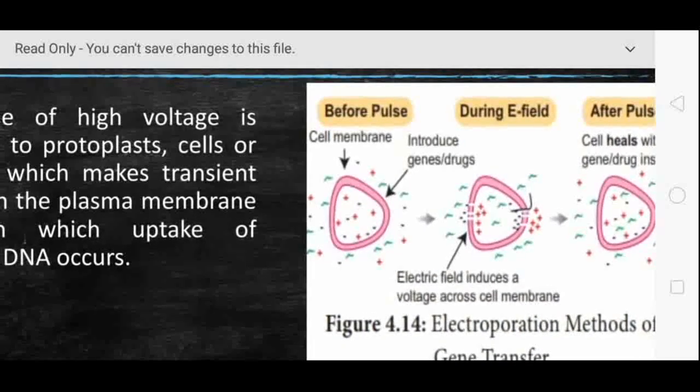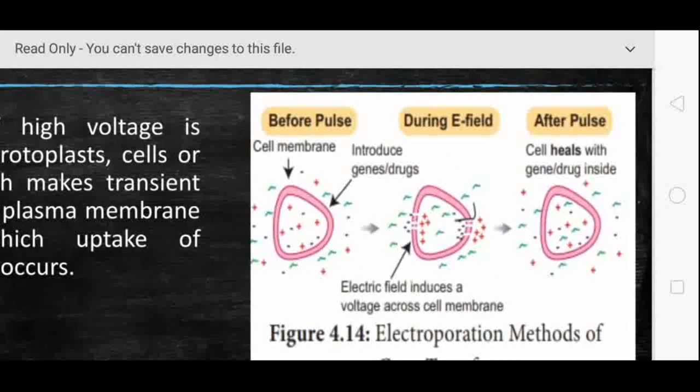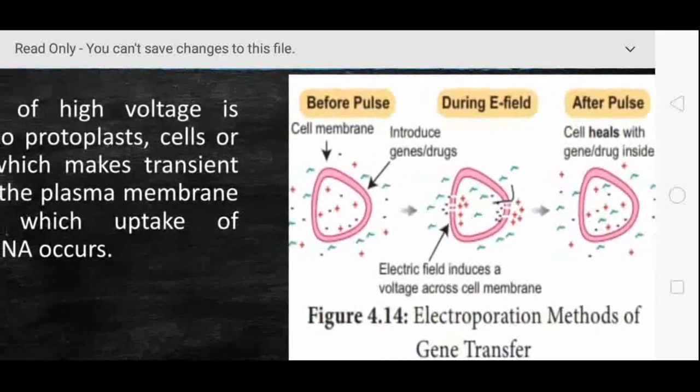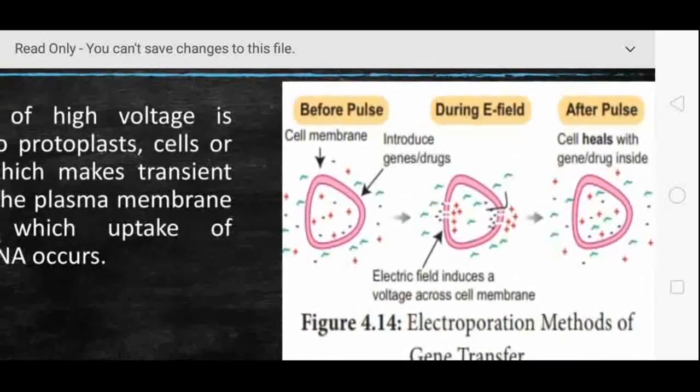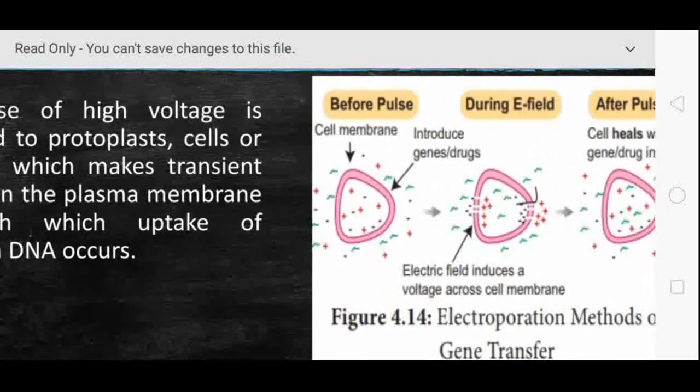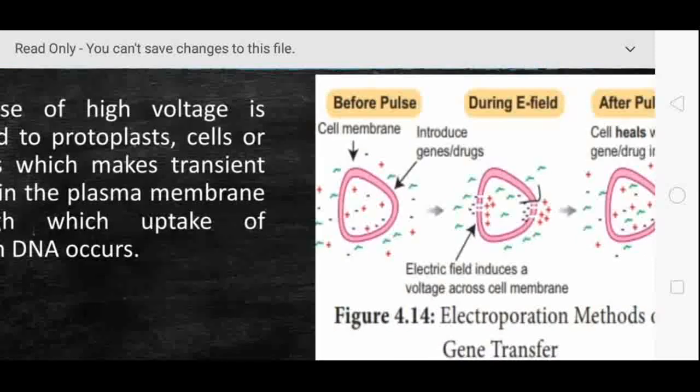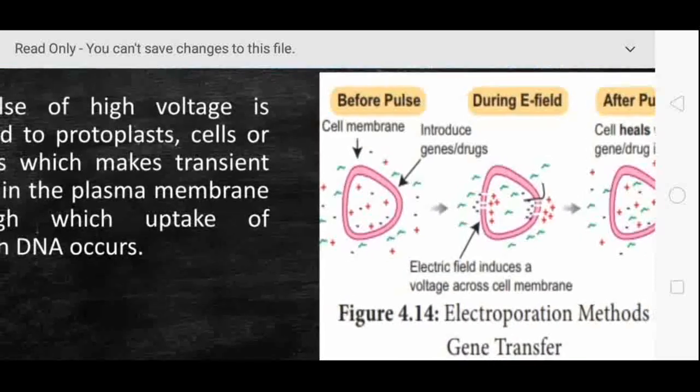After that, just see the third diagram. The plasma membrane can heal the hole and regain its normal structure. This looks similar to the first one. So this is called the electroporation method. Again I am recalling, it makes a temporary pore with the help of charged particles, helpful for delivering the gene of our interest.